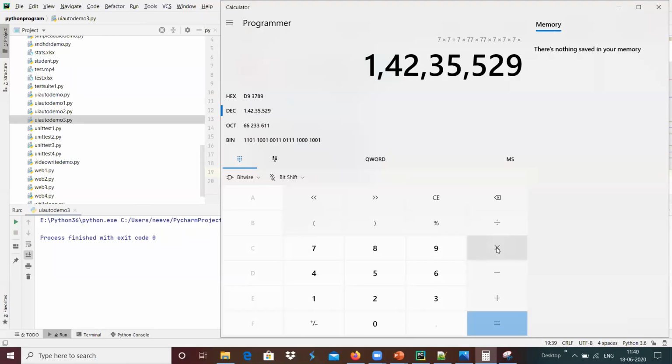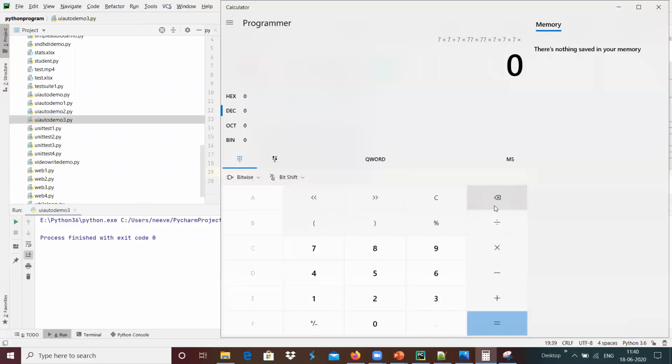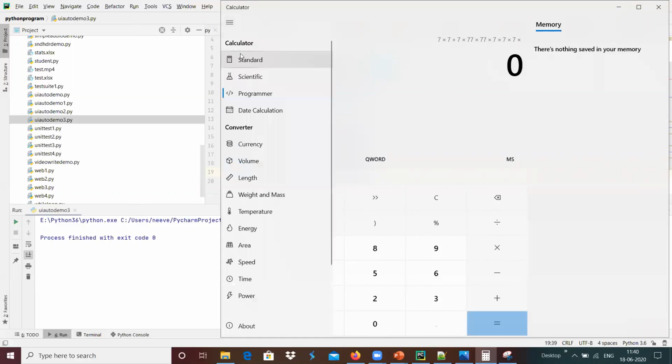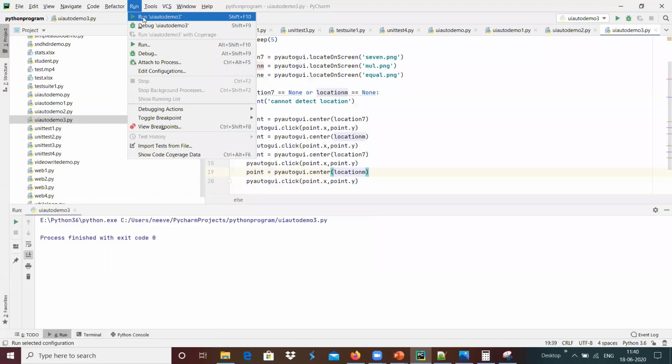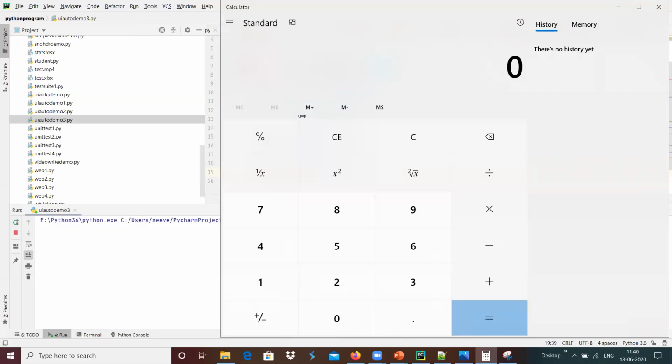I'm going to do clear. Maybe standard. Now we have the option. I'm going to run it again. Whether it detects 7 or not, we will see.